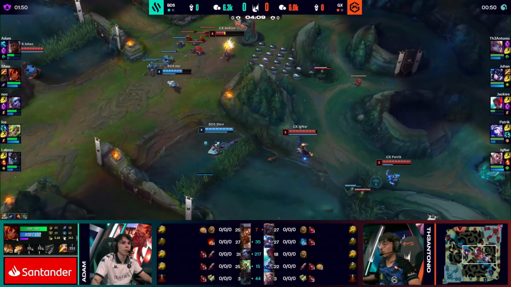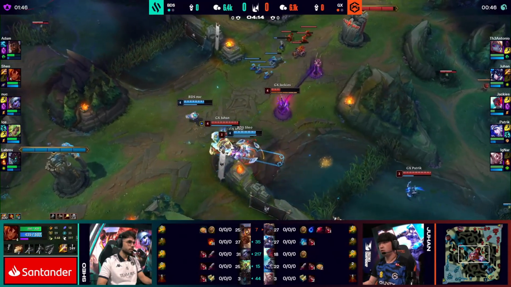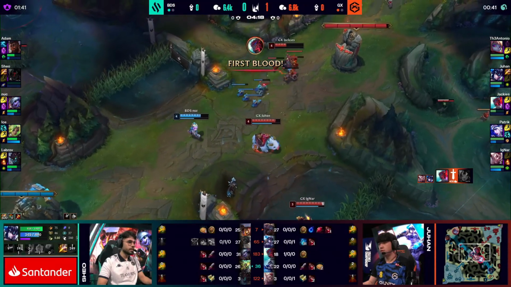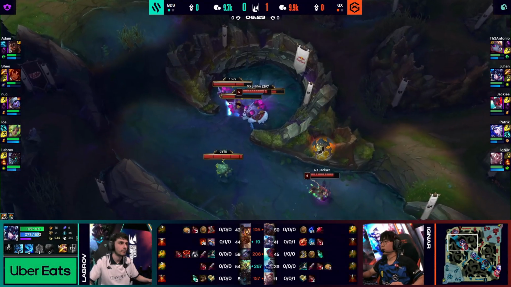Shao's going to have to flash early, does so. Juhan's still coming across. They can still chase. Juhan flashes forward. There's the grand entrance. And there goes Shao, sent back in a body bag. What's better than 3-man mid? Well, it's 4-man mid. They just...